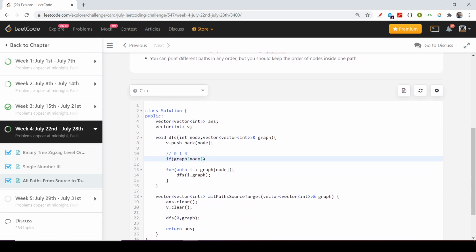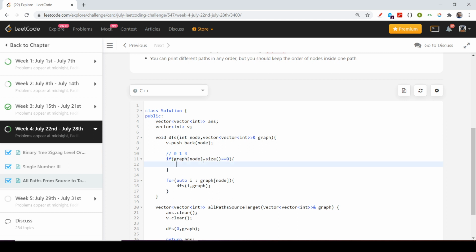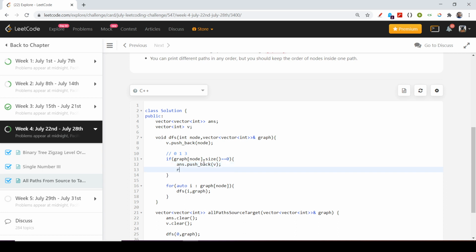If its size is 0, it means that the node is the last node which I wanted. So I will push back into my final answer, and as I know that it is the last node, I will just return from here.